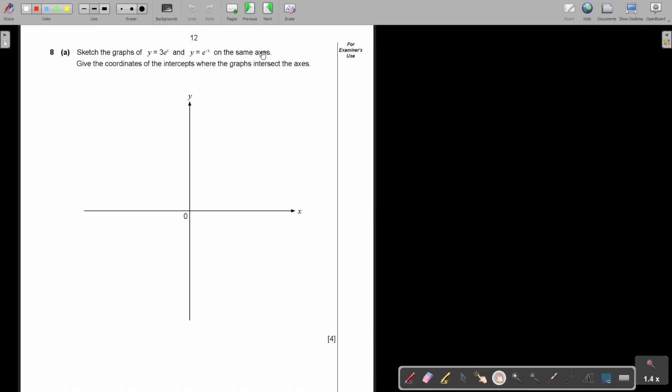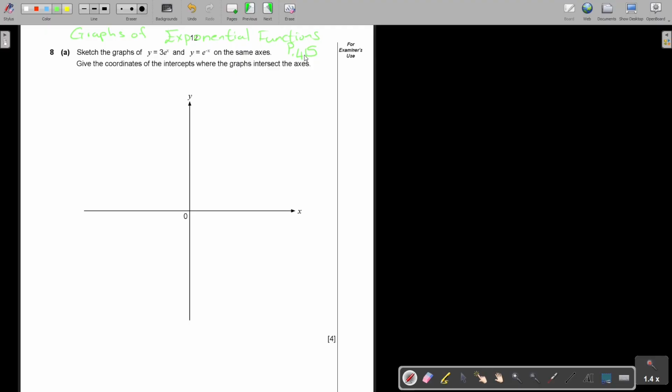Okay, where will you find it in the mathematics textbook? Now, this is very, very important that you just have a picture of these sketches in your mind. In the y equals mx plus c mathematics textbook, it's graphs of exponential functions, and you will find that on page 415.